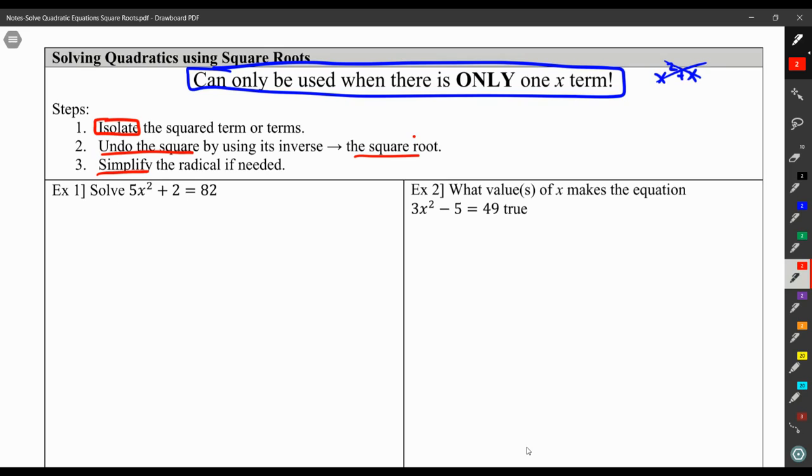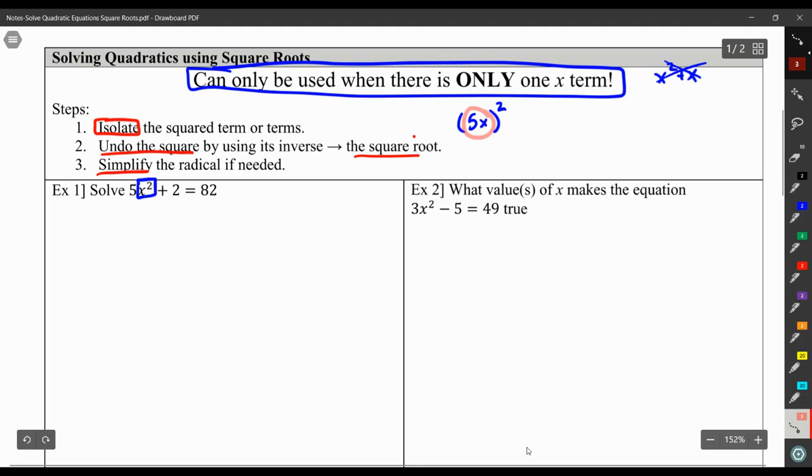So for example 1, solve 5x squared plus 2 equals 82. Step 1 is we need to isolate this term that is squared. Notice how I did not box in the 5 with the x squared. There are two cases you can have. If there are parentheses around 5 and x with the square on the outside, this means that both 5 and